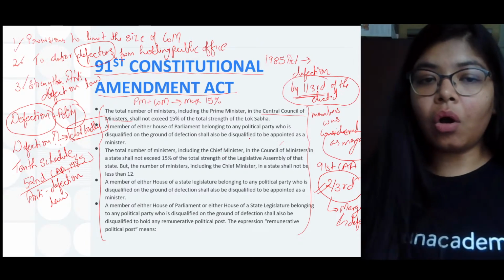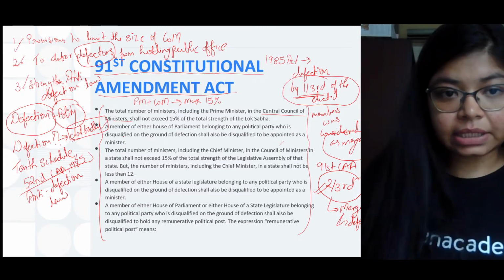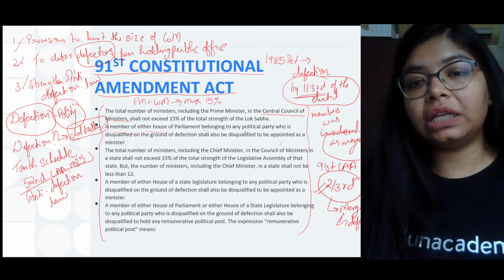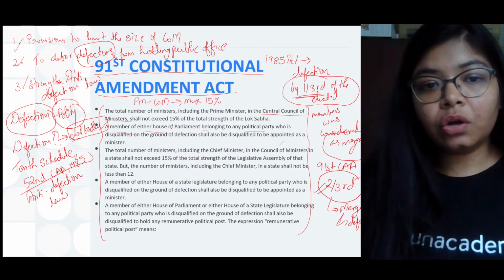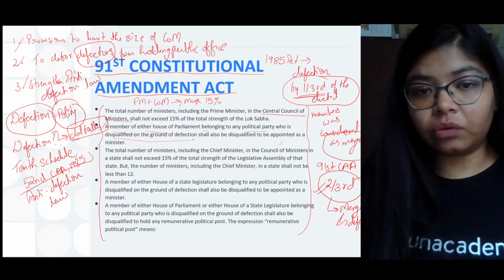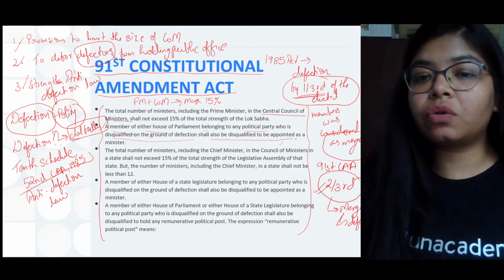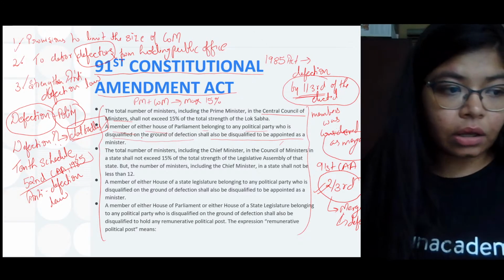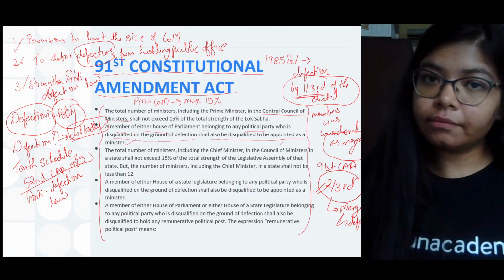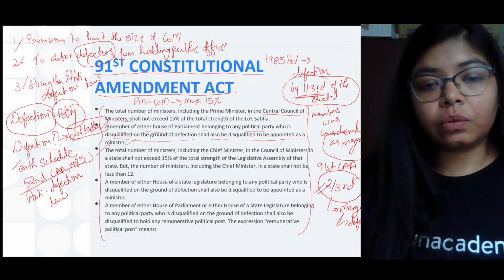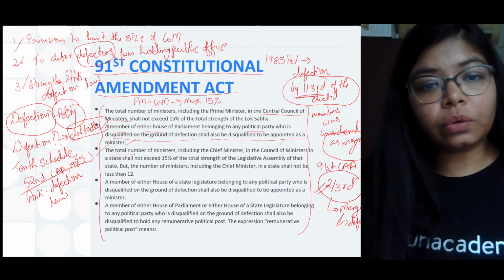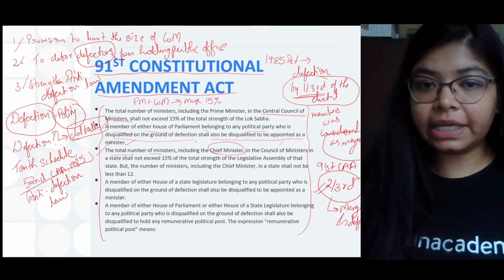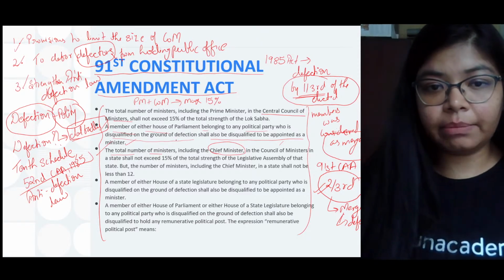Okay, और फिर लेट्स रीड दिस. A member of either house of parliament belonging to any political party who is disqualified on the ground of defection shall also be disqualified to be appointed as a minister. Okay, fine. Now, third, the total number of ministers including CM, ये सेम है जो इसका है, बस ये स्टेट लेवल